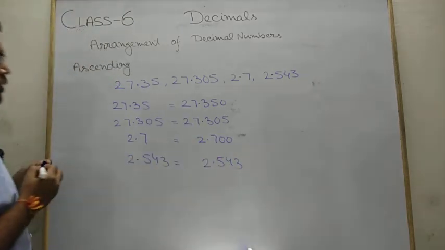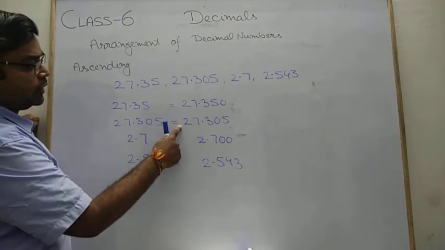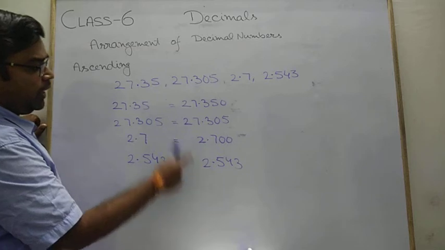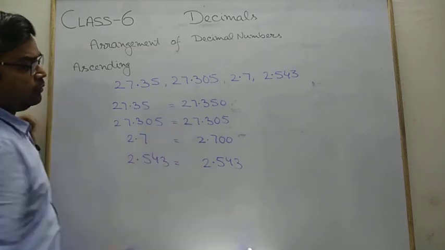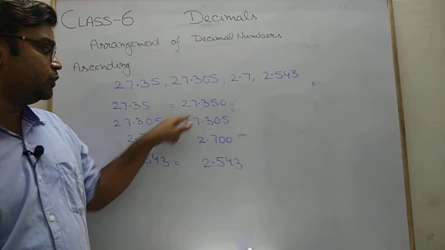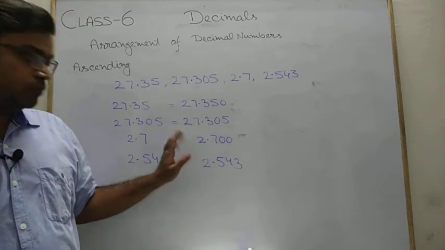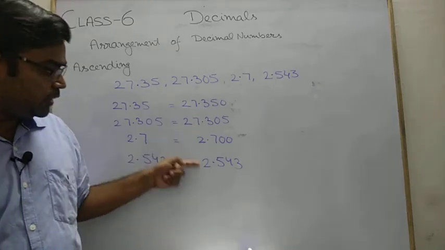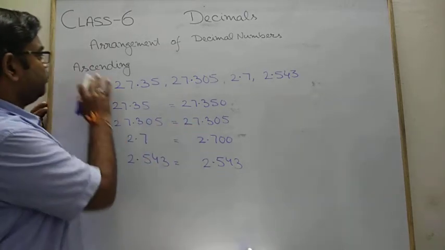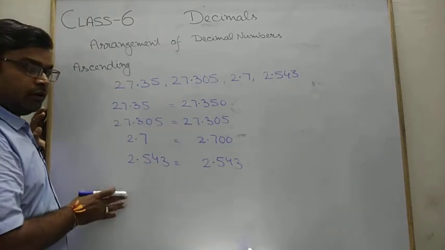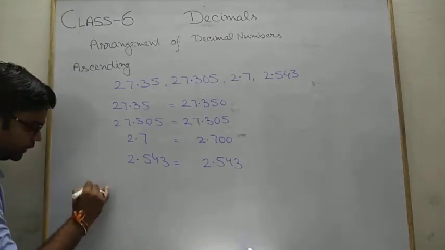Here we have 2.543. Now when we start to compare, these two numbers are the same and these two numbers are the same, and if we compare these two whole numbers, these two are smaller, because here we have 27, but here we have only 2. So we have to compare between these two. As we know that these two are smaller and we are going to arrange in ascending order, you have to write first the smallest one. So first write down